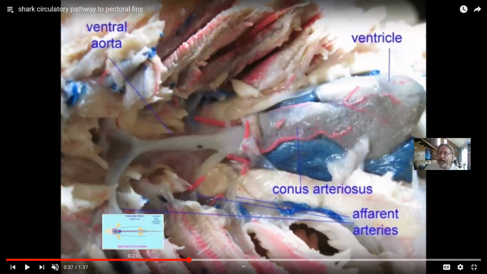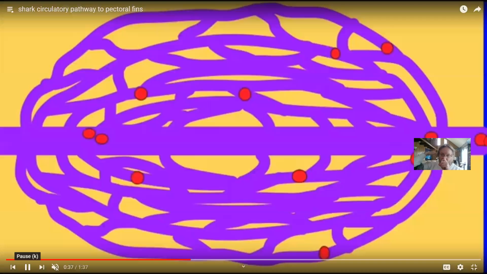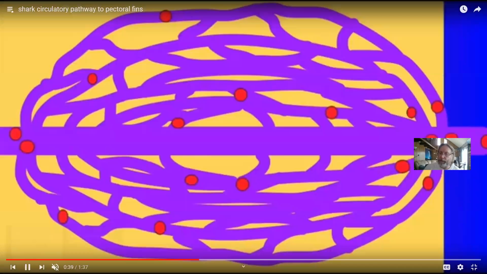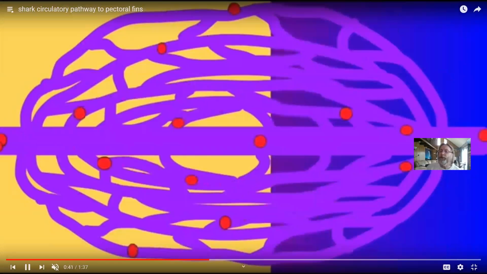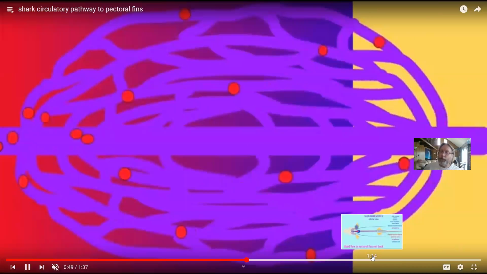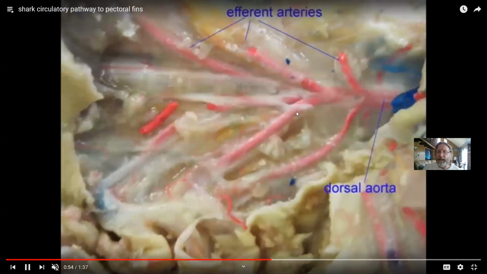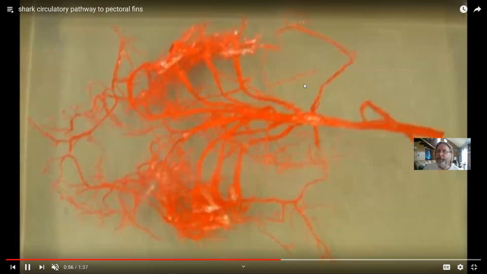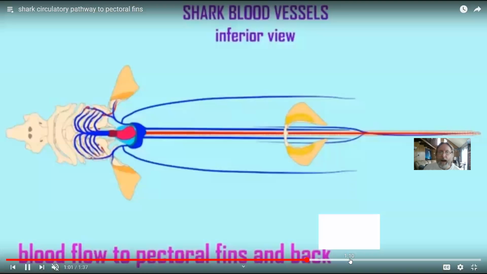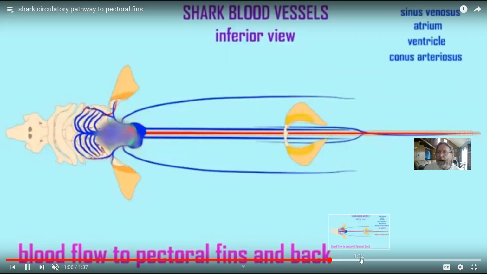blood then returns through what are referred to as efferent arteries on the dorsal side of the body. And while these do fuse to form a dorsal aorta, which will then proceed towards the legs and tail, the subclavian arteries come off of these. So here you see the efferent arteries from the dorsal aorta, but the subclavian arteries, which will go to the pectoral fins, then come off of these efferent arteries,